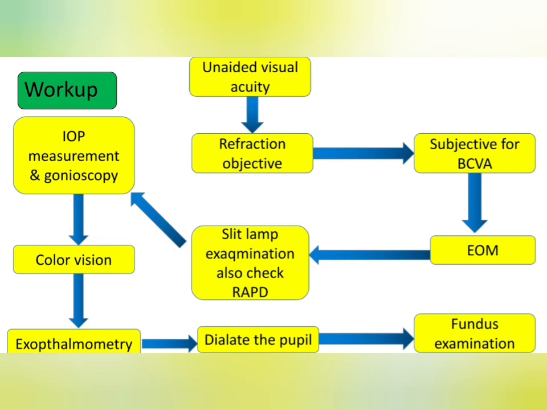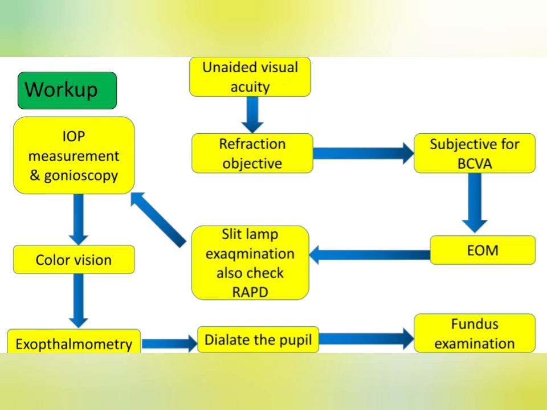Uncorrected visual acuity and best corrected visual acuity are very important. After that, check the extraocular motility of the patient, whether the patient is able to rotate his eyes in those 9 quadrants or not. If the patient is not able to rotate, grade it like -4, -3, -2, 0,